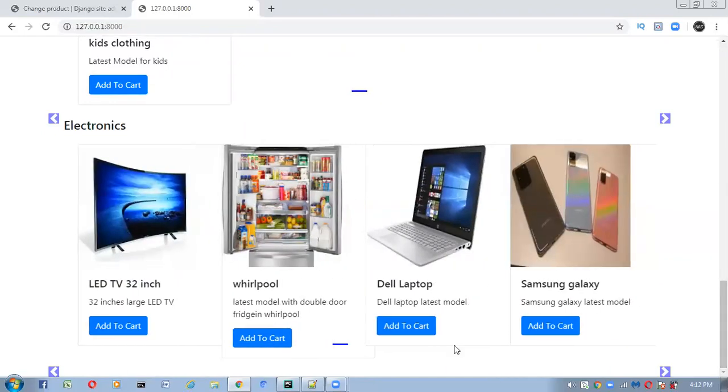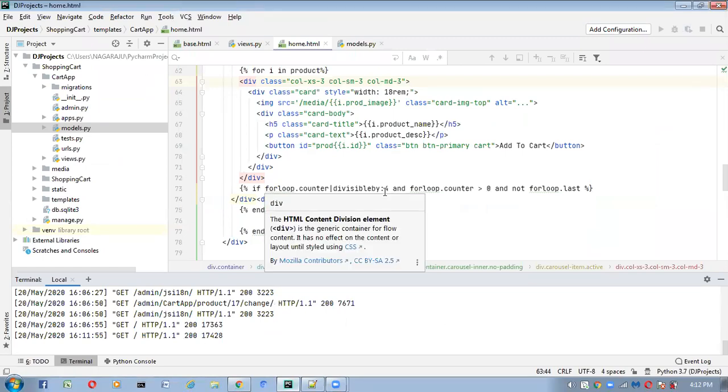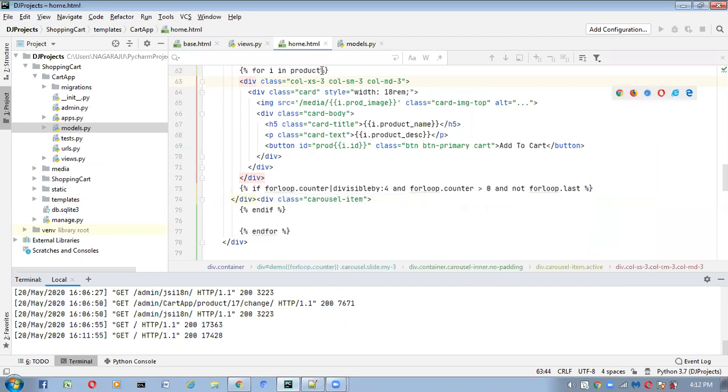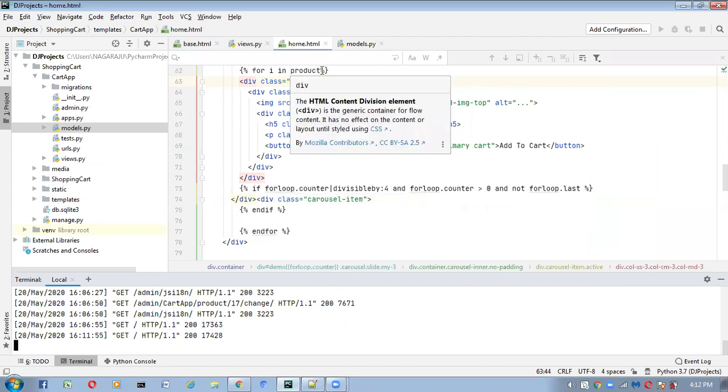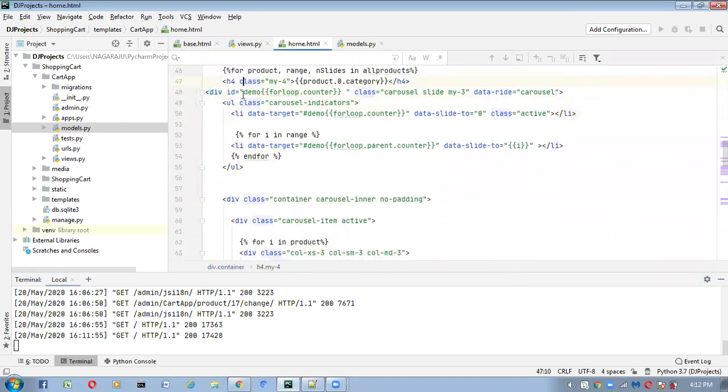Here, what changes did we do in code? Instead of divisible by 3, I am taking divisible by 4. And one more thing is the slice operator, slice is not required, directly we can take it like this. And the default one I removed from here. Everything I took inside the for loop only.